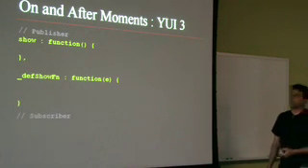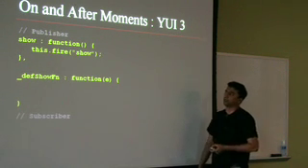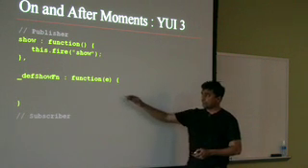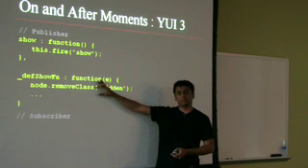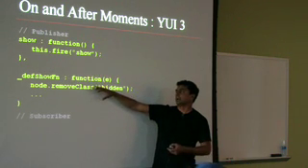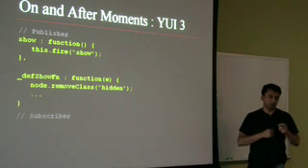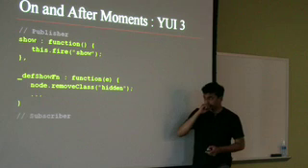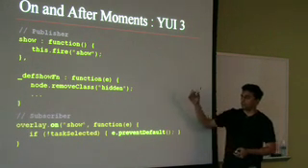In the YUI 3 world, that pattern becomes a lot simpler. As part of my show method, all I really need to do is fire a show event. I can wrap my default state change logic in a separate method, which, when I'm publishing my show event, I tell the system what that method is. So I say, I'm publishing a show event. The default behavior for the show event is wrapped up in this class. And that's all I really need to do as a publisher. So when I fire the show event,